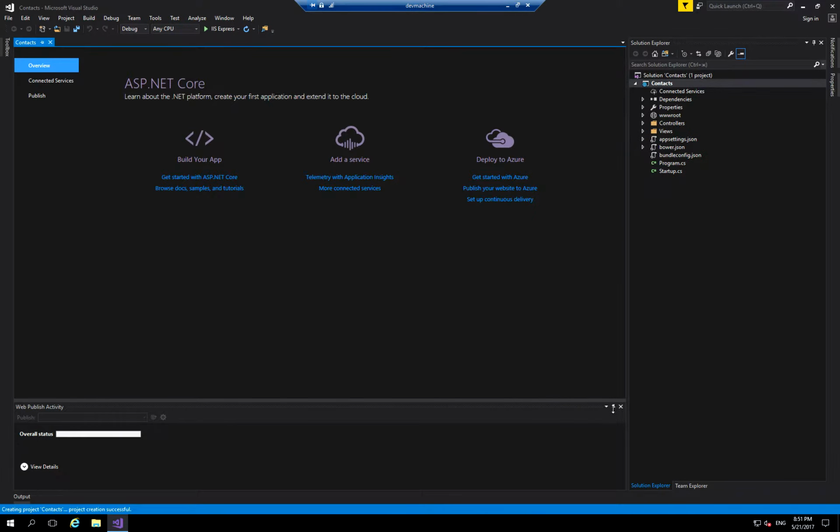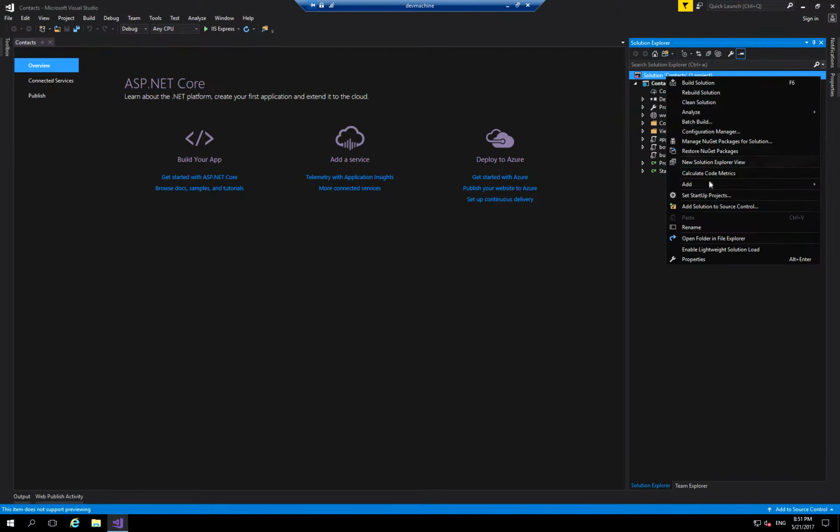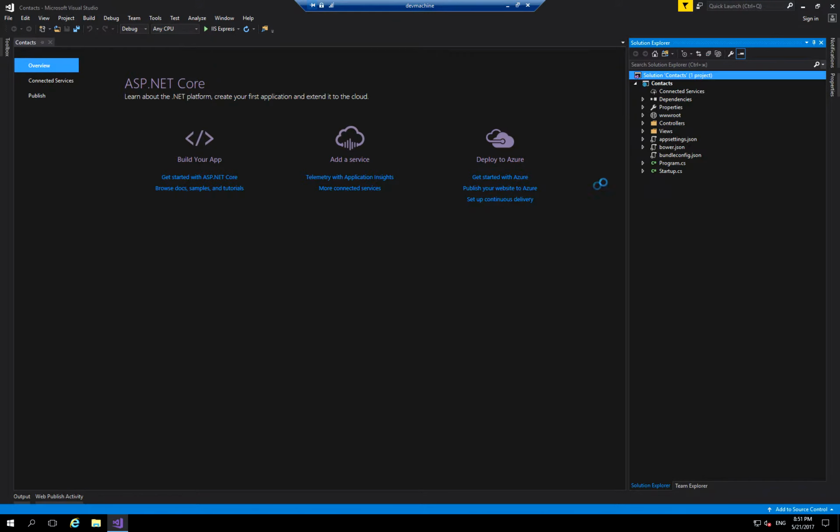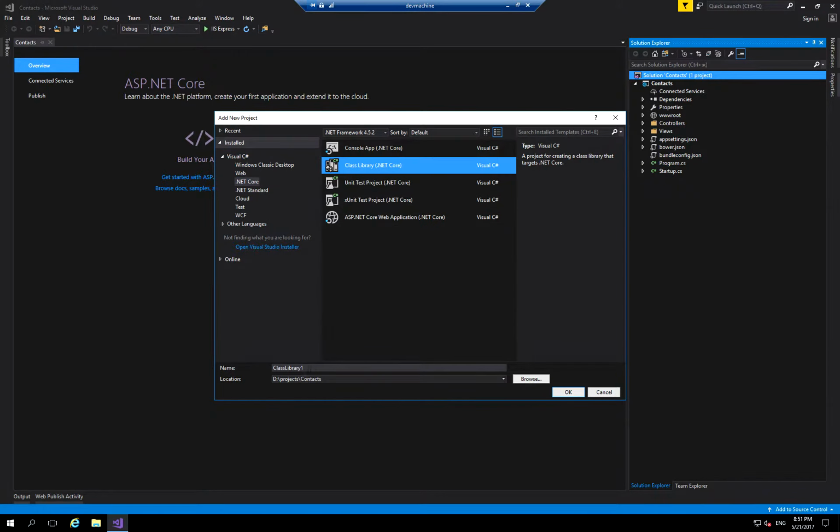It creates our new solution. And we're going to start off with adding another project to the solution, specifically to contain our database objects and classes that we're going to create. So we're going to select a class library,